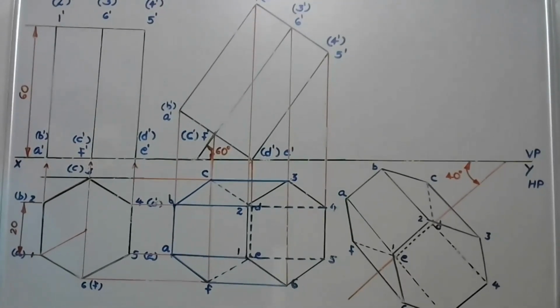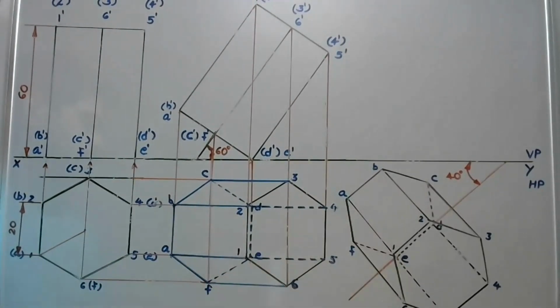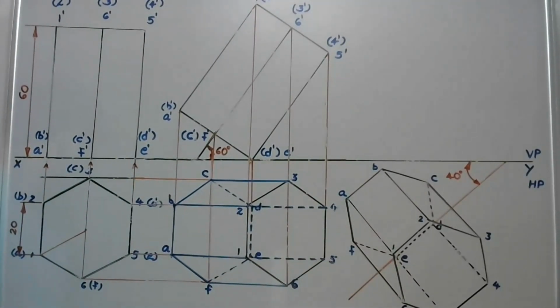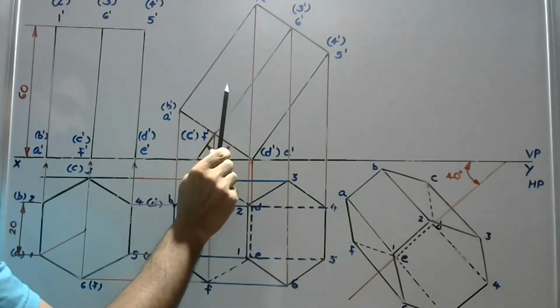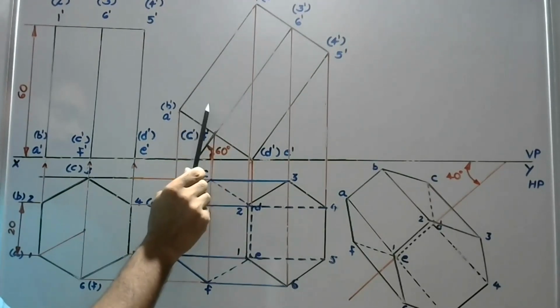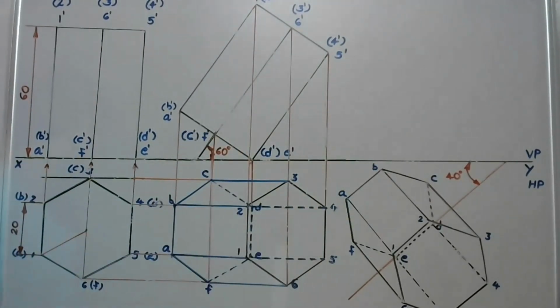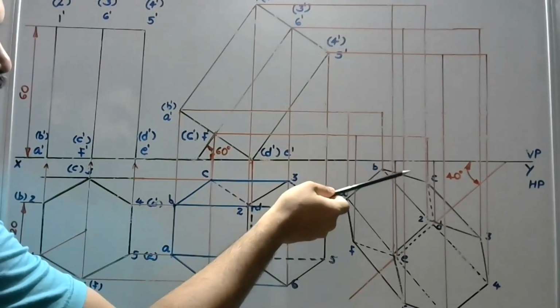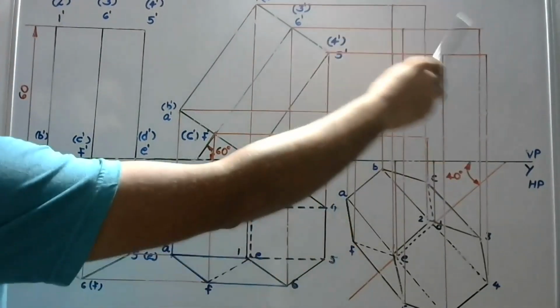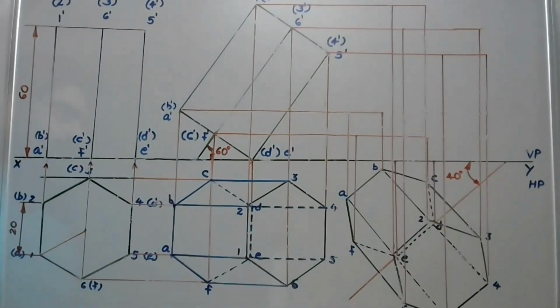To obtain the final view, project all the bottom and top corners of the hexagonal prism to the front view on the plane VP. Then draw projection lines from all the points in the second front view to the right side. The meeting points will give our final front view. After projecting the top view to the front view, that is on VP, we got the meeting points. Let's mark the meeting points.